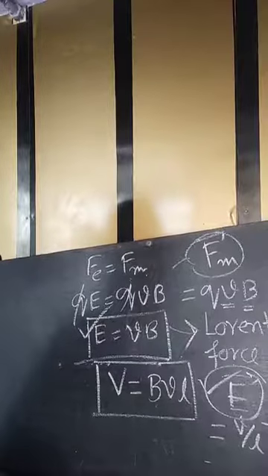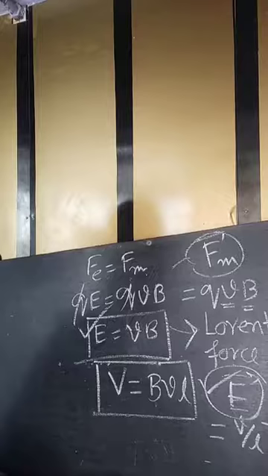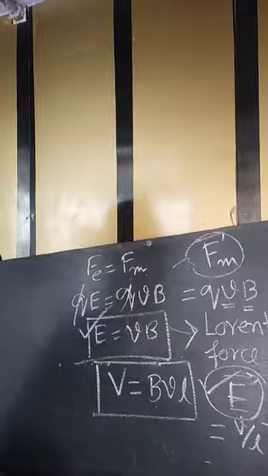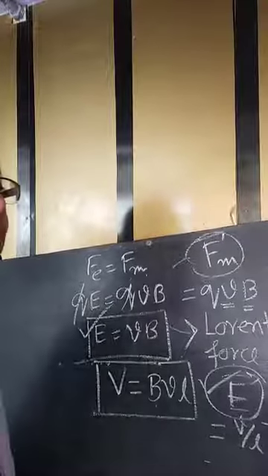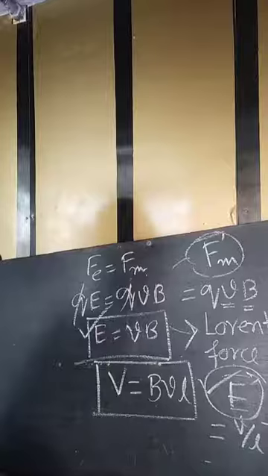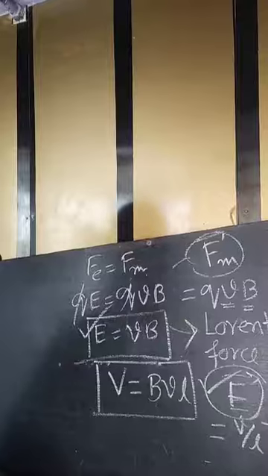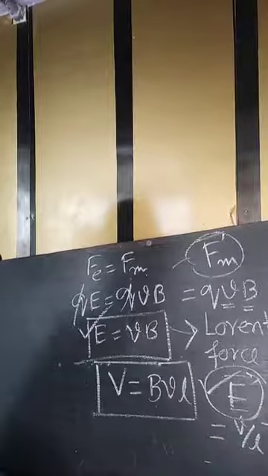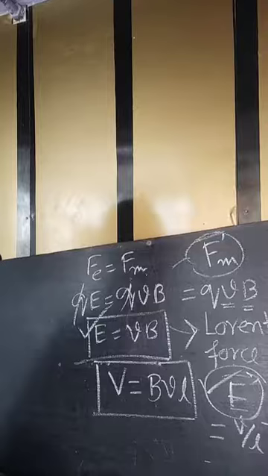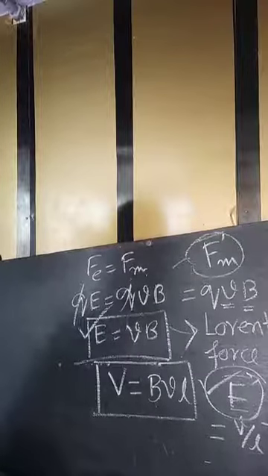If, however, the aeroplane is landing down and its wings are in the east-west direction, then the wings cut the flux lines of the horizontal component of the Earth's magnetic field, and again a potential difference is induced. If while landing the wings of the aeroplane are in the north-south direction, no flux lines due to any component of the Earth's magnetic field are cut and no potential difference is induced.